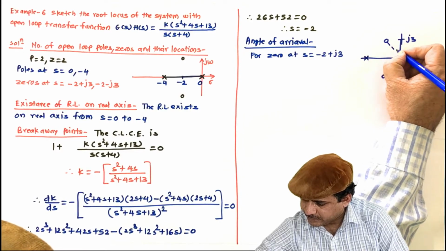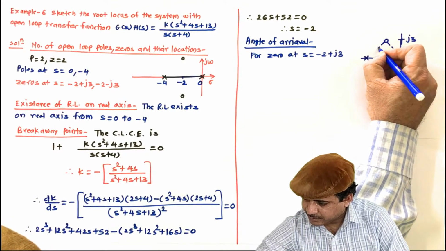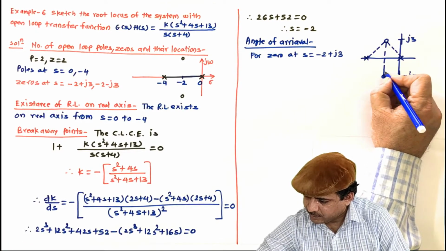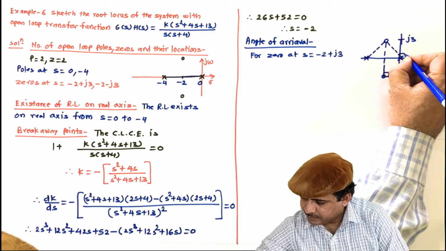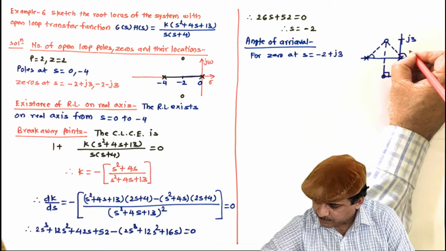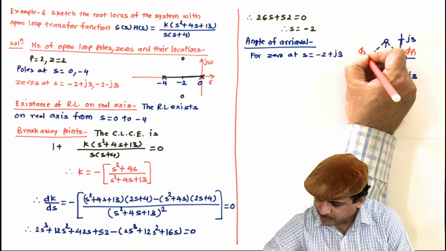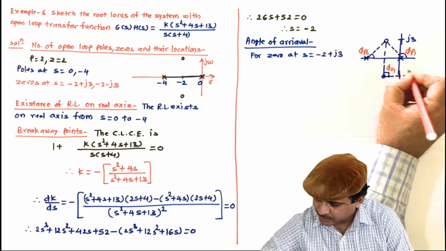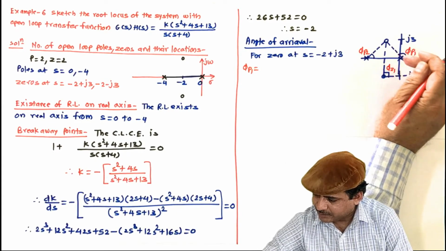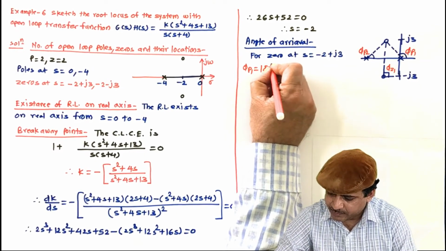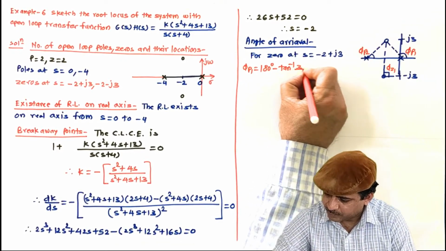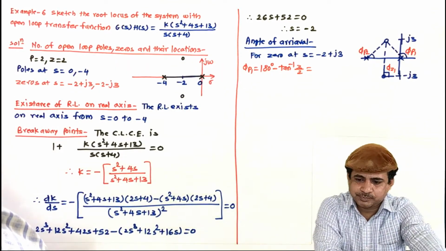So this will be one angle, this will be another angle, and then there will be the third angle. So this will be 90 degree, this we have to find out, and this we have to find out. So let this be phi p1, let this be phi p2, and let this be phi z1. So phi p1 is equal to 180 minus this angle, so this is 180 minus tan inverse of 3 by 2,